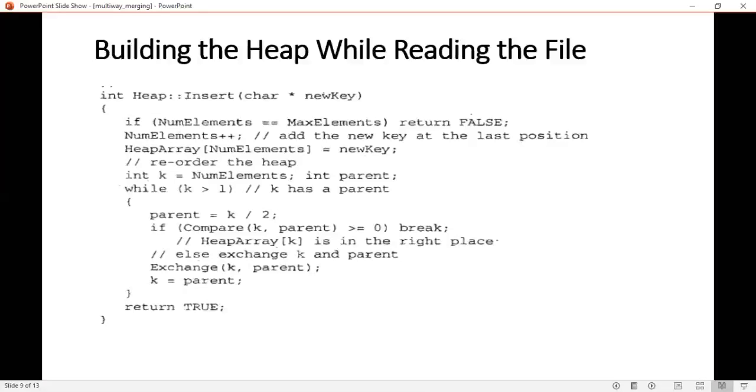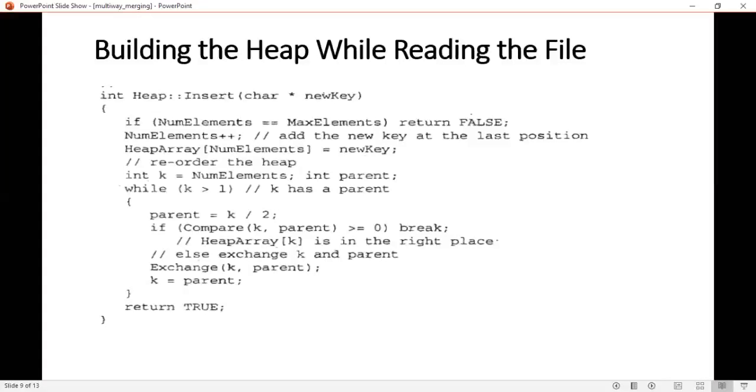First you have to check if number elements is equal to maximum elements or not. Okay, maximum elements is the capacity of that particular array. The maximum, how many nodes it can include. Okay, and number of elements is the present number of elements occupied in that particular array.